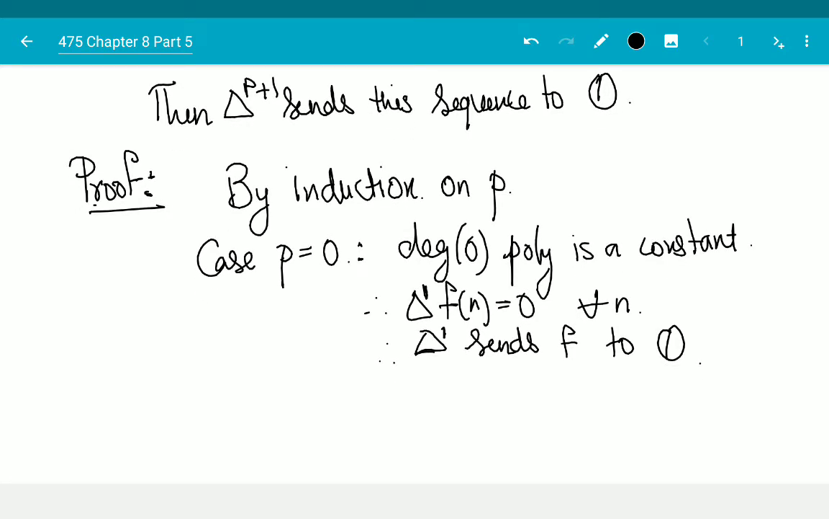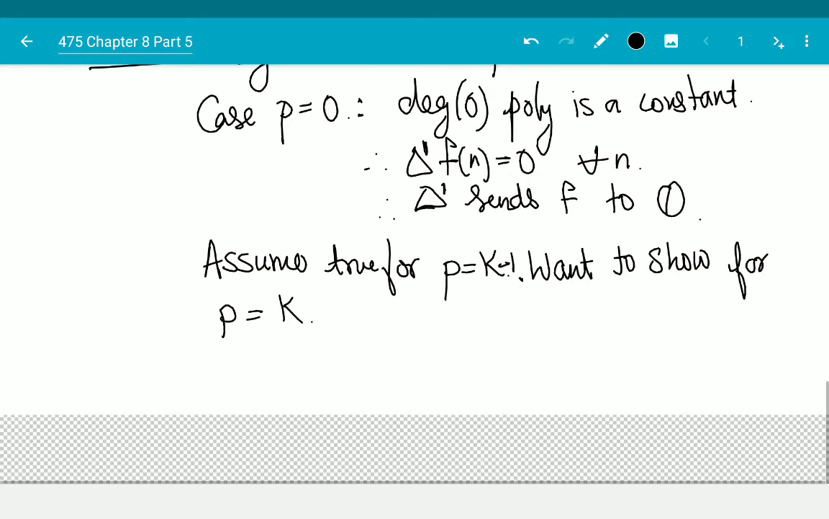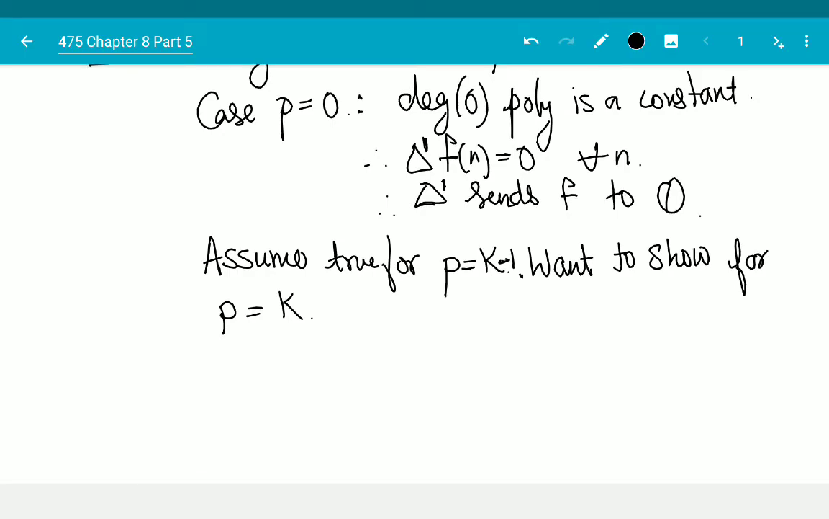Right? So assume that it works for P is equal to k minus 1. Then we want to show it for P is equal to k. Okay, I just don't want to do the extra work. It's going to be exactly the same. So write f of x